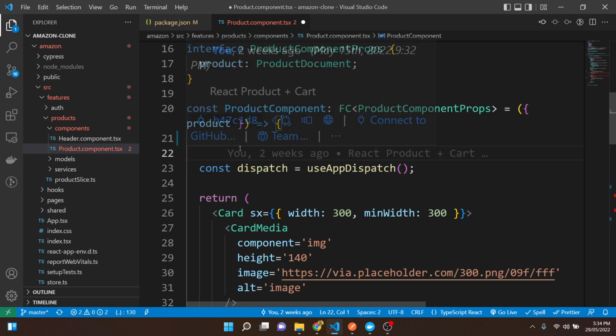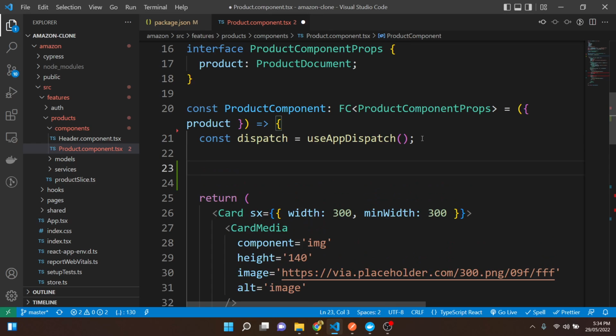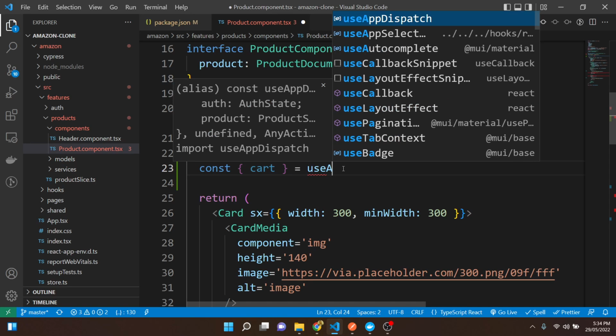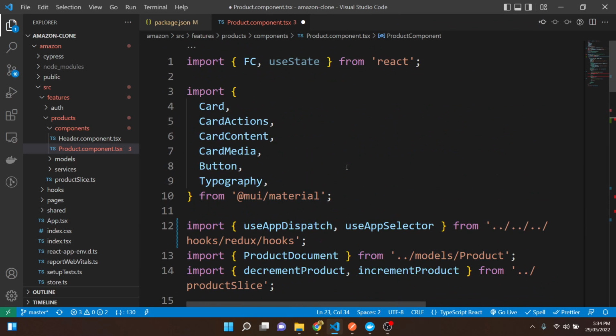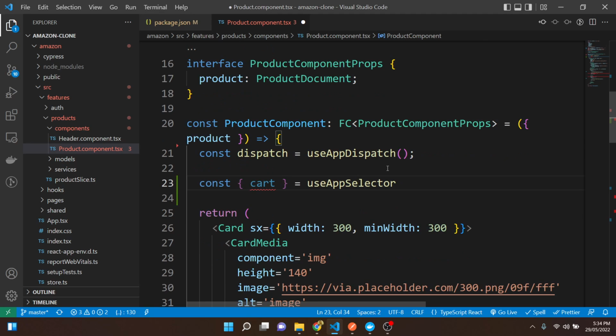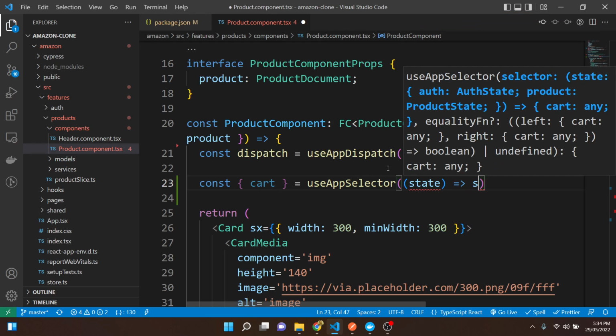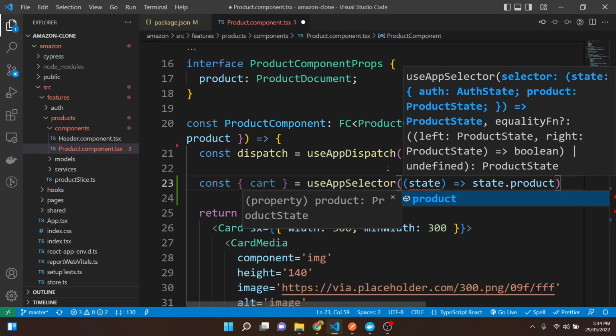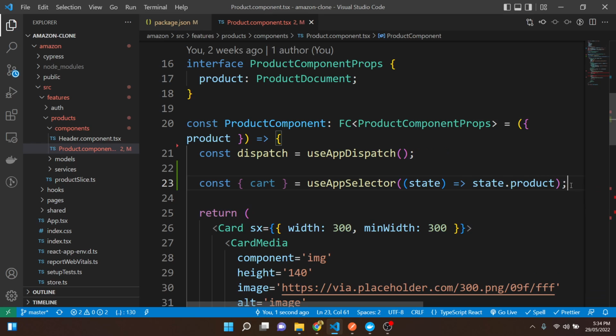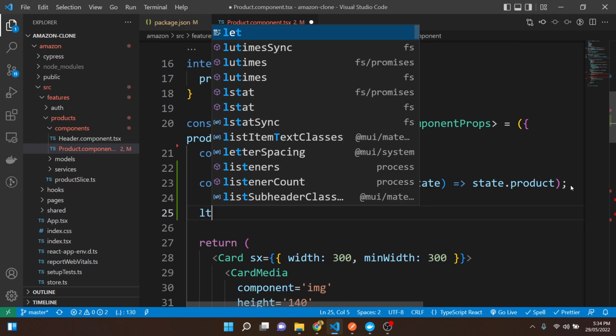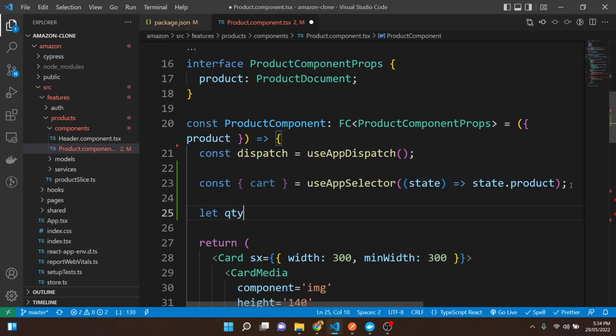So we've got this dispatch method here. What else would we like is we would like to access that state. So recall we're using Redux Toolkit here. So we can just go ahead and we can get the cart state by using the app selector. Bring that in. And then we'll take the state of the application, and we want the product state because we've also got auth state as well. And then what we'll do here is we'll have a variable here called QTW